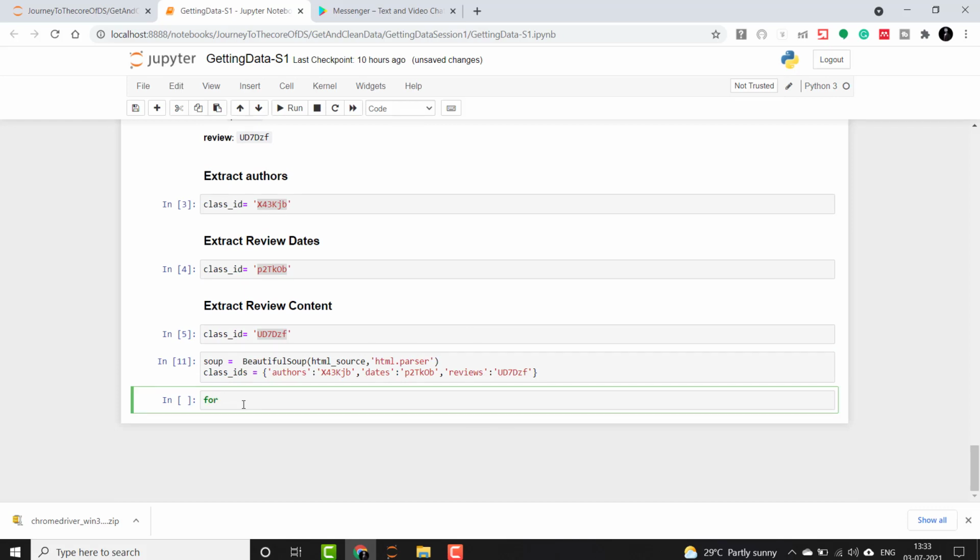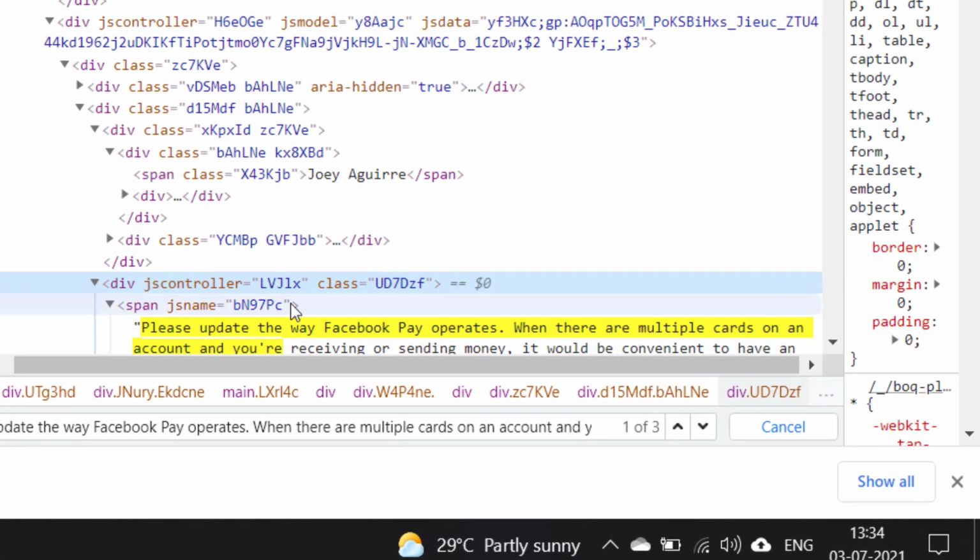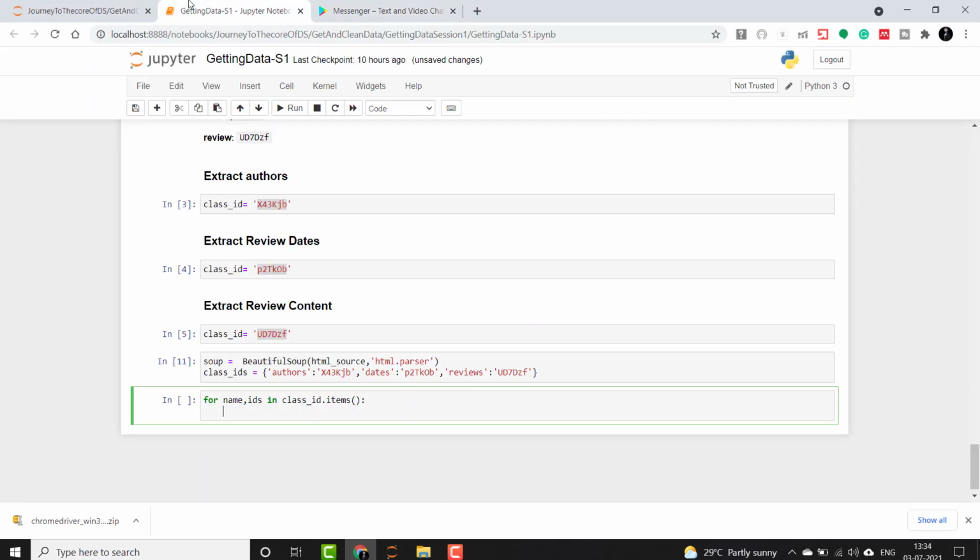So I'll say for name, IDs in class ID dot items. Guys, remember that in the review content the class ID is UD7DZF, which you see here will be a div and not a span. So just for this special case of review content we will change the element there.